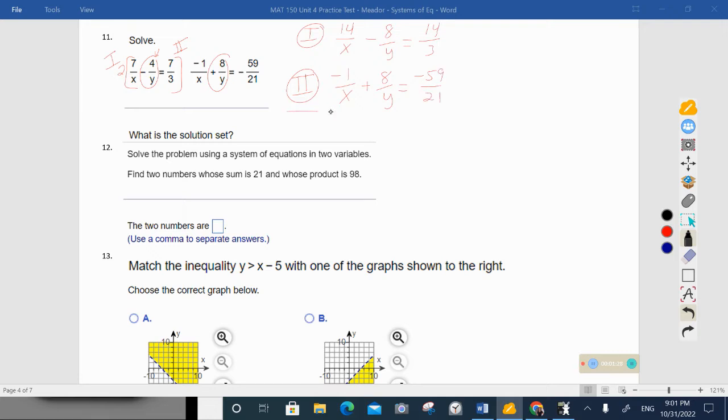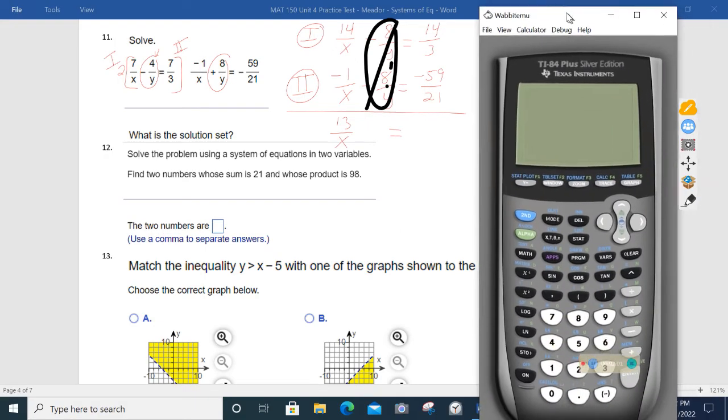All right, so now I'm going to add vertically, and what happened is negative 8 over y plus 8 over y, those cancel. And when you add 14 over x minus 1 over x, you keep the denominator x, and you add 14 plus a negative 1, which is 13 over x. Equals, now over here we've got to add 14 over 3, and